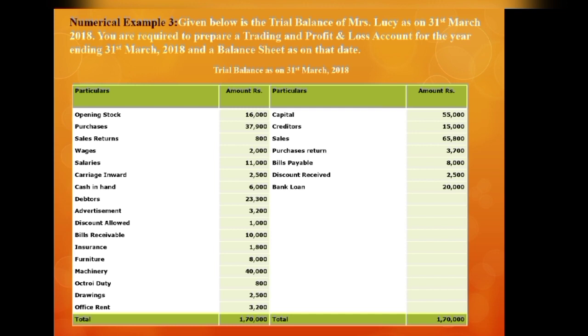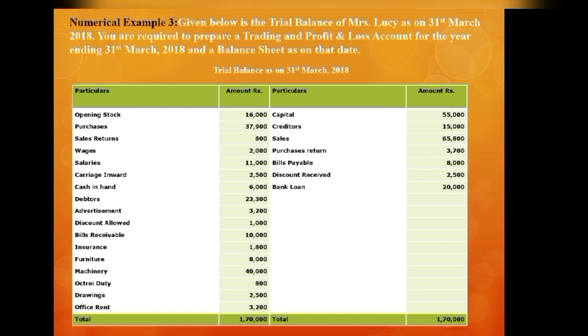and loss account. Bills receivables is the amount receivable and therefore it will be shown to the asset side of balance sheet. Insurance is the expense which you have to pay for covering the risk and therefore it will be shown to the debit side of profit and loss account. Furniture is an asset and therefore it will be shown to the asset side of balance sheet. Machinery also is an asset. It will also be shown on the asset side of